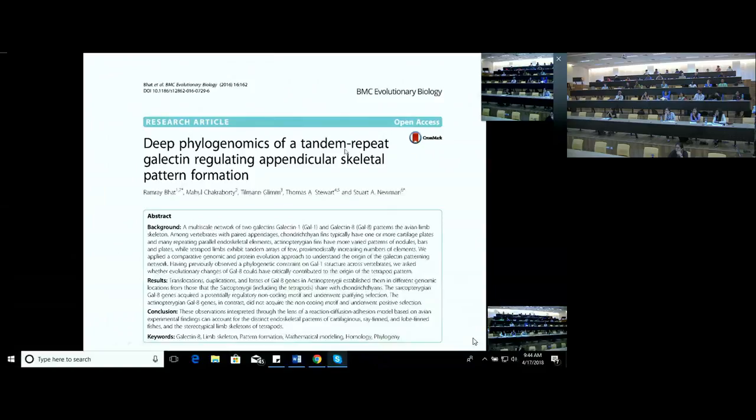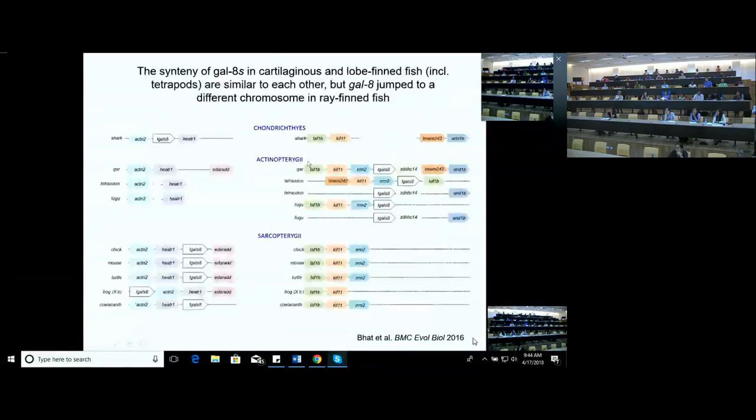Okay, we look now at galectin-8, a tandem-repeat galectin, and we looked at the phylogenetic history of that. And we found that in cartilaginous fish, there's a galectin-8, and as there is in all ray-finned fish, the common fish, which has an endoskeleton in its fin, a cartilaginous-based skeleton, in addition to having dermal rays, a different kind of skeleton in its